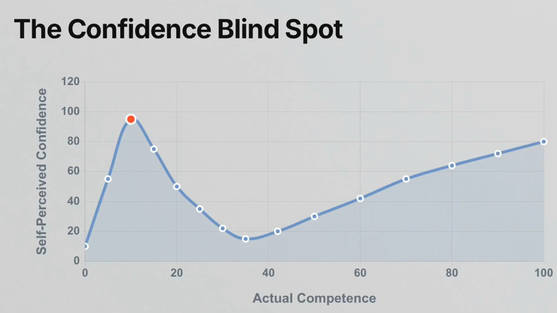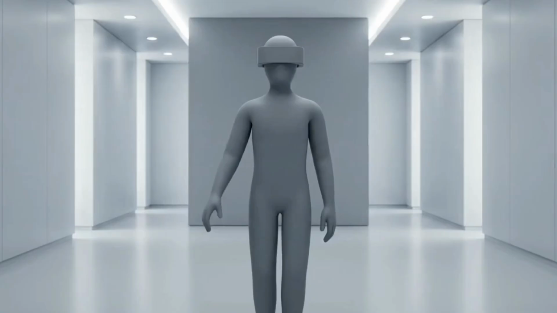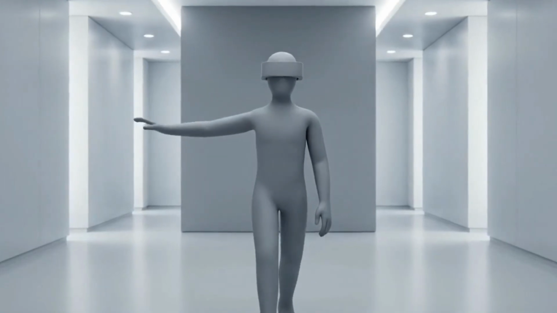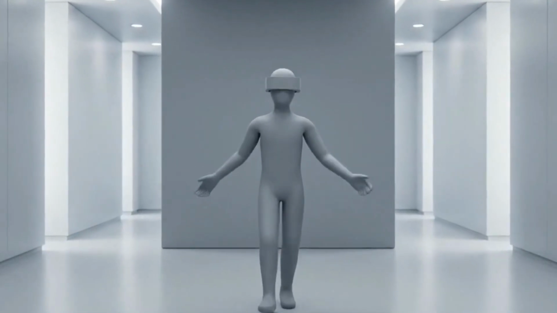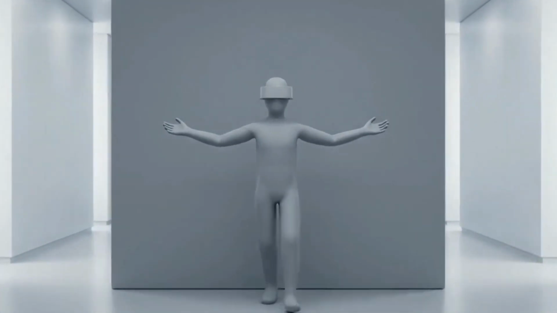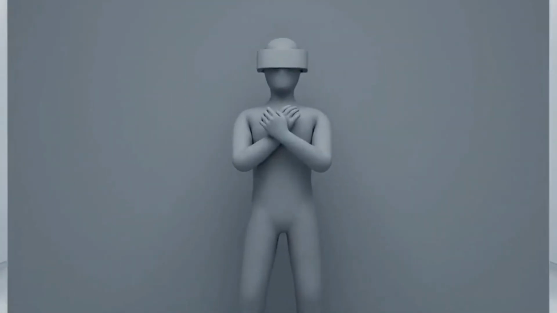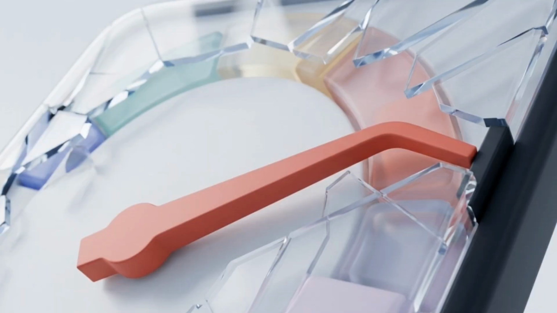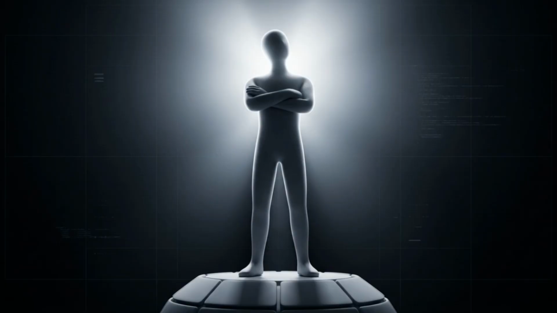The mechanism is a structural blind spot. Lacking expertise, they lack the analytical tools to recognize a mistake. This overestimation is a mechanical flaw in human cognition. They aren't necessarily lying or acting out of malice. They simply cannot see their own errors. Since their brain is incapable of measuring its own incompetence, their aggressive certainty feels like a reflection of objective truth